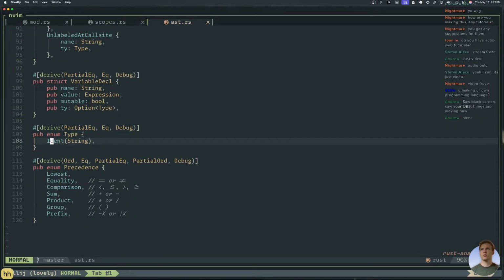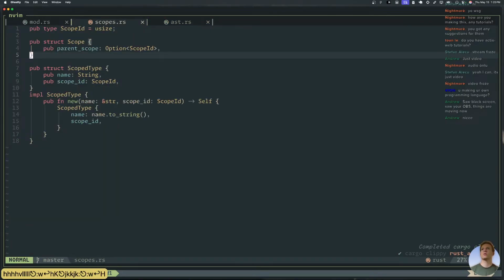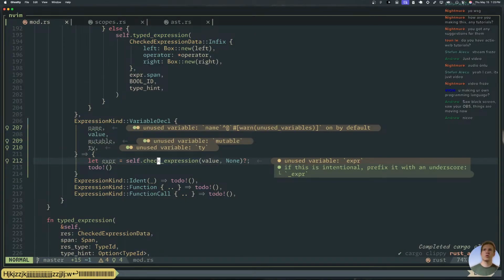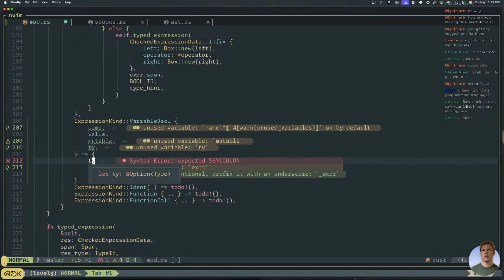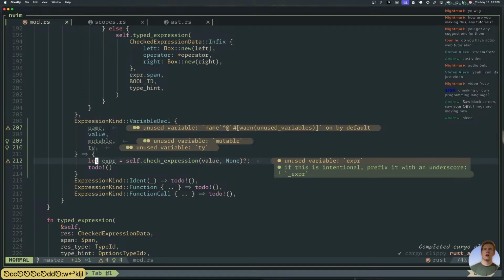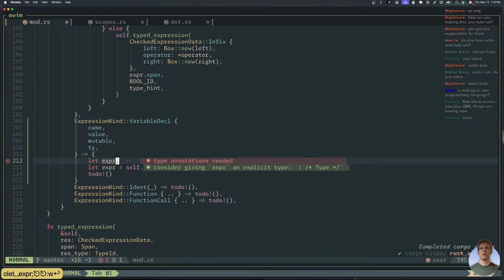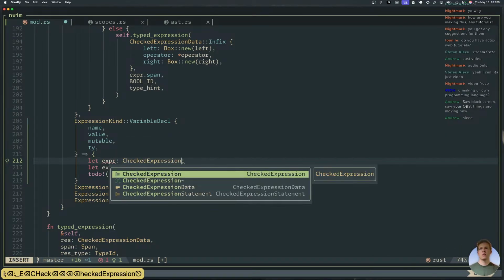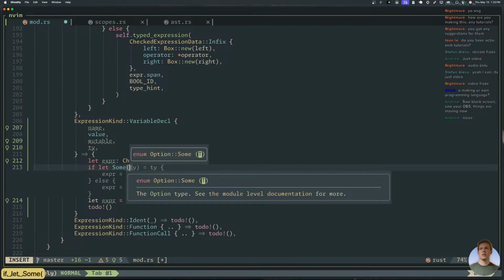All right, yeah, that's probably fine. Okay, so we have a type in here. So the type will be something like this, right? Okay, and we'll do that.